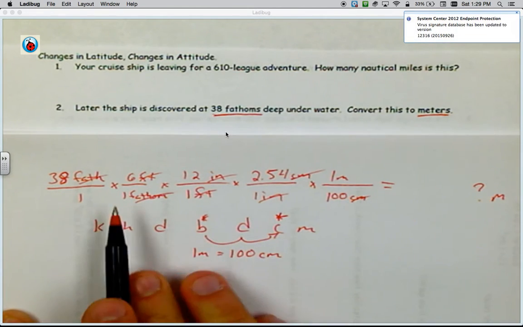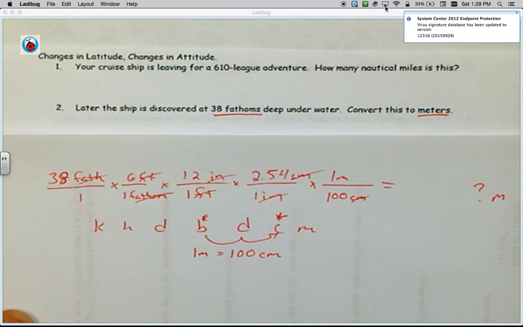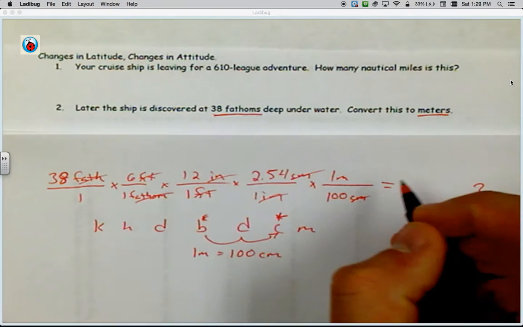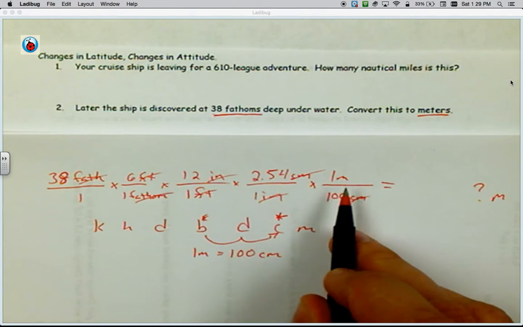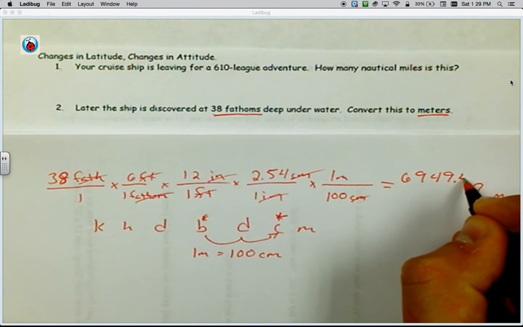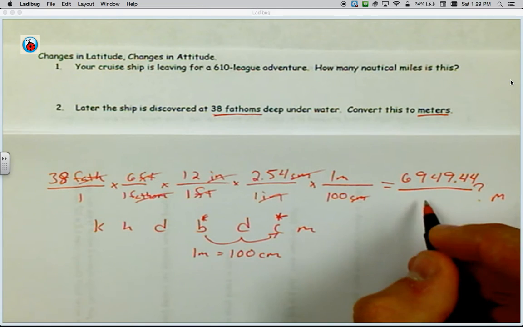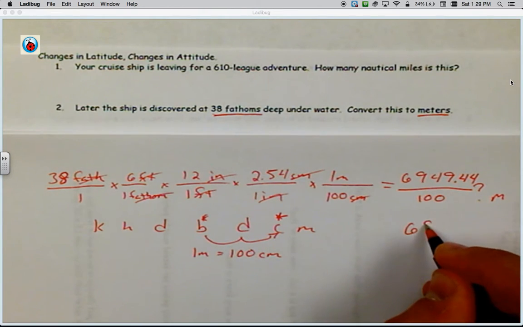We're going to solve a 1, 2, 3, 4-step math problem in one go, in one full run, which is why this dimensional analysis is so powerful for us. So when you multiply the top, 38 times 6 times 12 times 2.54 times 1, you get 6,949.44. But that is over 1 times 1 times 1 times 1 times 100 over 100. When you divide, you get